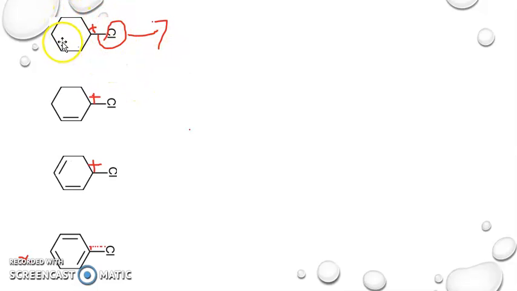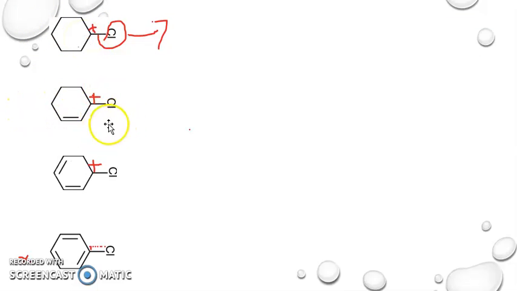So if you see this picture, it is a cyclohexyl chloride, attached with the chlorine. This is the leaving group. Once it leaves from this compound, what will happen according to the SN1 substitution reaction? It will make a transition state, and an intermediate carbocation is formed here. This is the secondary carbocation.